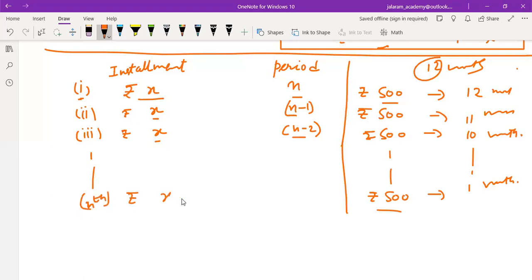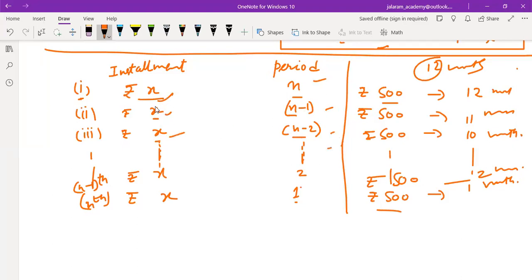when we go to deposit it, it remains in the bank for only 1 month, and the previous installment which we deposited in the n minus 1th month, in this case the 11th month, will remain inside the bank for 2 months. Similarly, this rupees X will remain inside the bank for 2 months. And n is unknown, so we write a dash here. Okay, so from 1 to 3, for each principal the period is different.